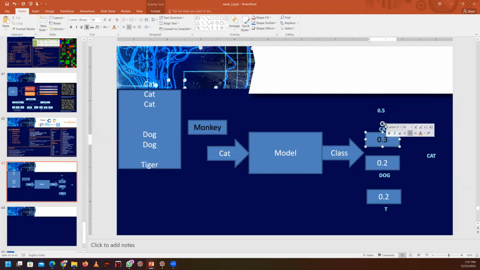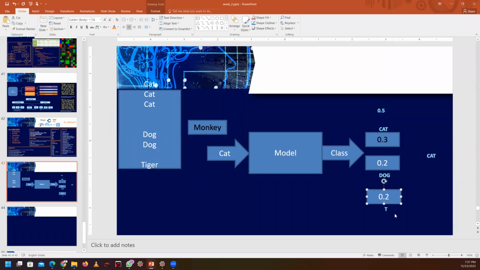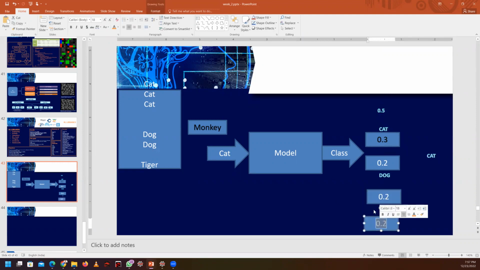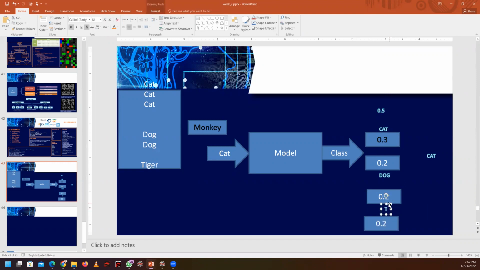In this case, it will ask the user, please provide the category name, I will try to learn it. We have to provide, okay, this is a monkey. Then the model itself can add one more class here, and it will save this species as monkey. Clear?